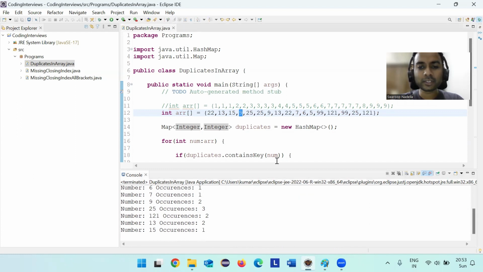Number 25 is coming 3 times. So first occurrence, second occurrence, third occurrence. Number 121 is coming twice. 13 is coming 2 times in this location. So like this, the position of the element doesn't matter. It will iterate the entire loop and count the values and store them in a hash map in the format